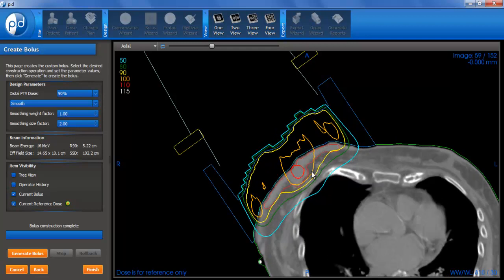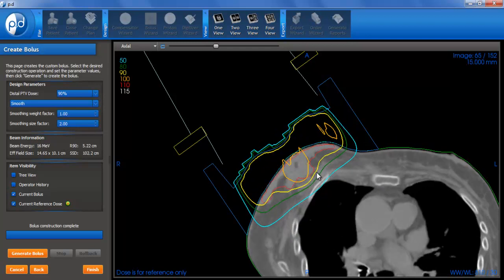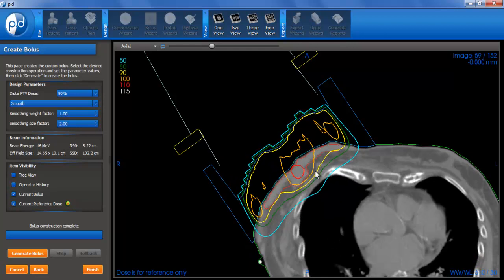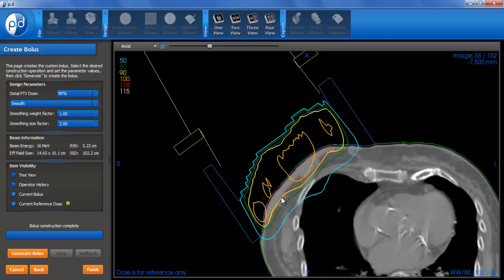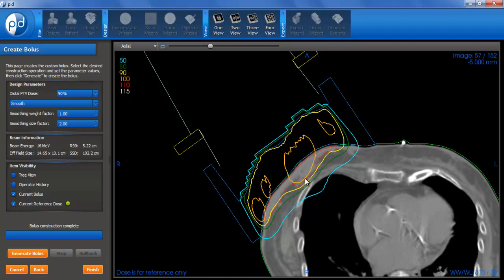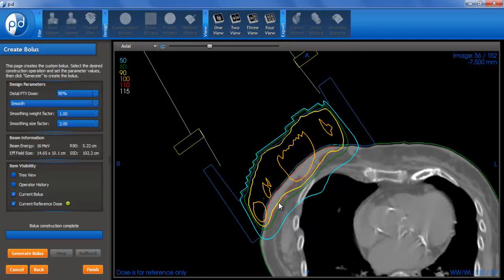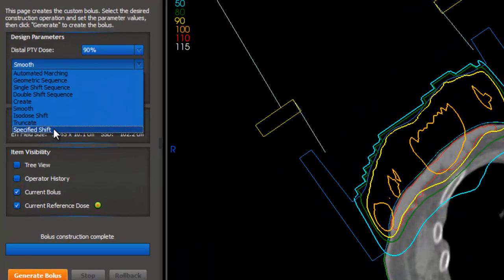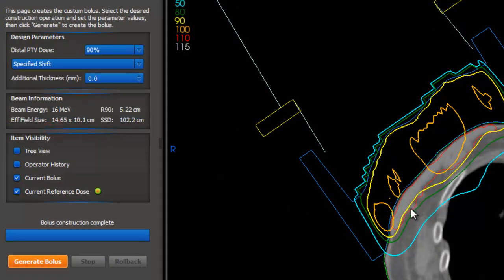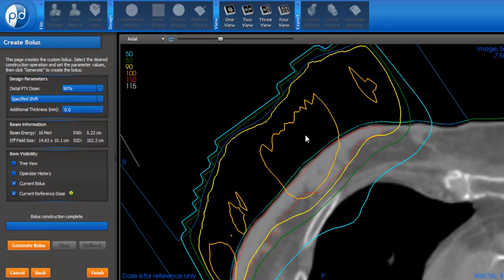using increments. All right, so I see my 115 is completely gone now by using this smoothing, but maybe I hit a couple little cold spots here. Okay, so maybe I missed just a little bit of my tumor in these particular regions. So we have one more operator we'll take a look at real quick. That's our specified shift. So if we really like this dose, but we're just not quite happy with this little miss here, what we can do is we can zoom in here,